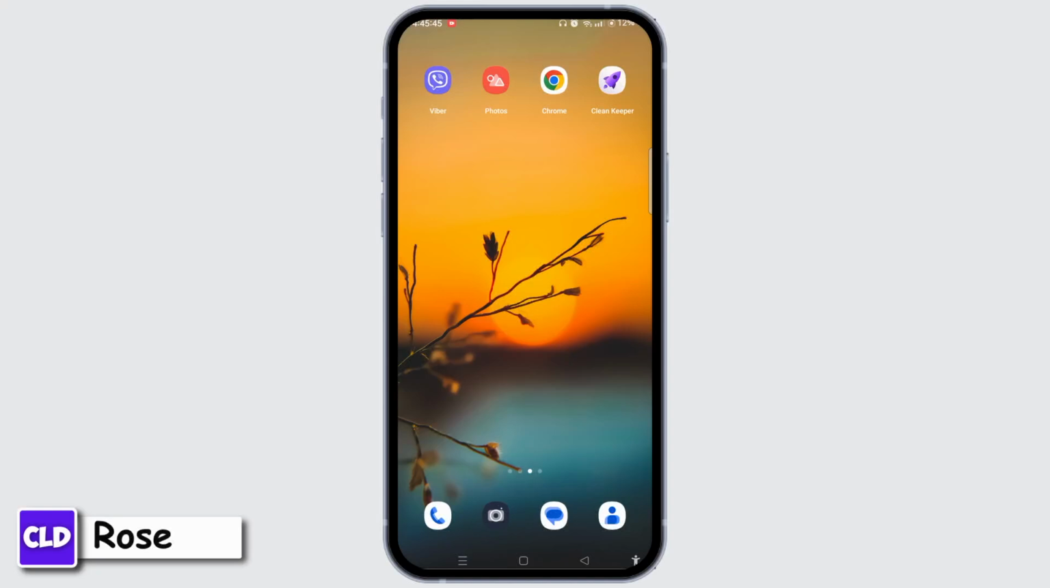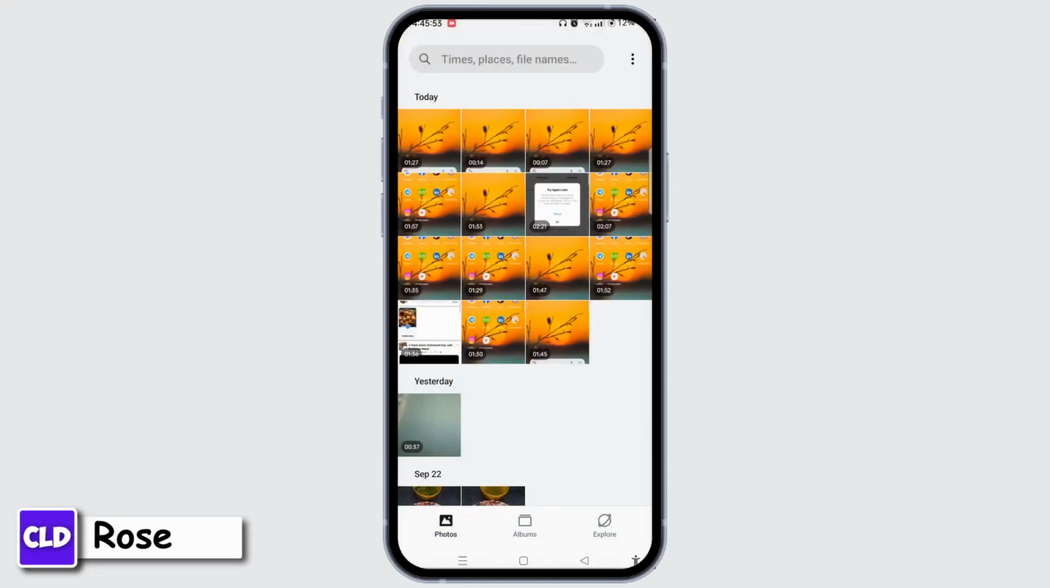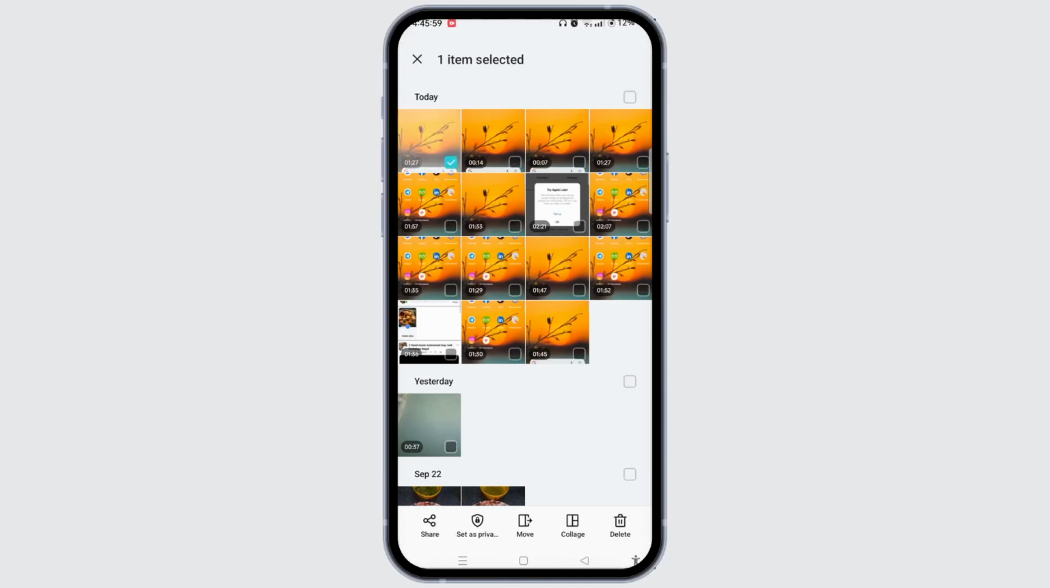video. To restore your screen recording videos, simply you need to open the Photos or Gallery app on your device. After that, suppose these are all my screen recording videos, and you can easily tap and hold here and tap the delete button at the bottom right corner of the screen and delete this one screen recording item